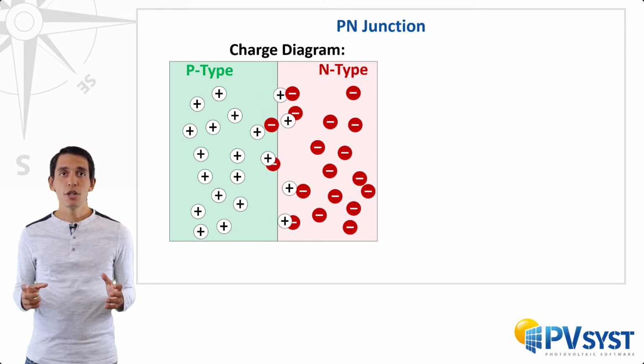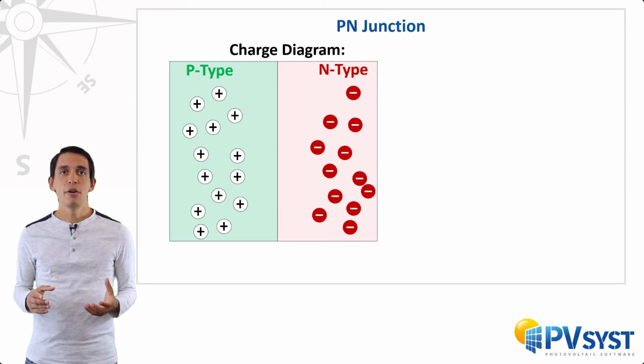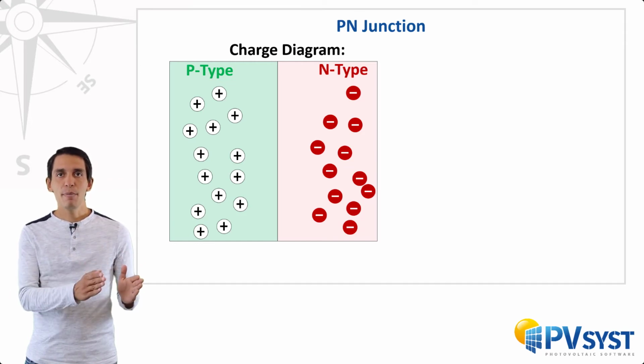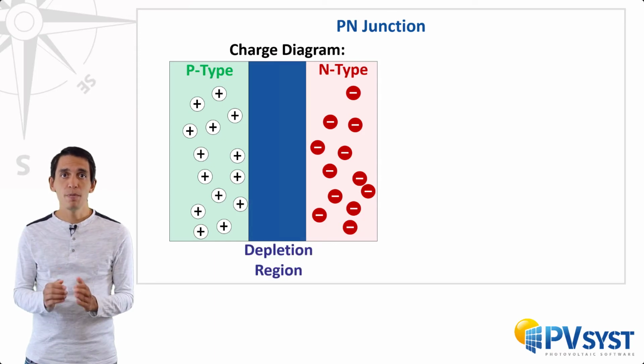Free charge carriers from both materials diffuse to the other side. There, they will find an opposite charge carrier and recombine. Eventually, a steady state is formed, and we are left with 3 regions in the diode: the p-type and n-type regions, as well as the so-called depletion region, where charge carriers are depleted through this mechanism.